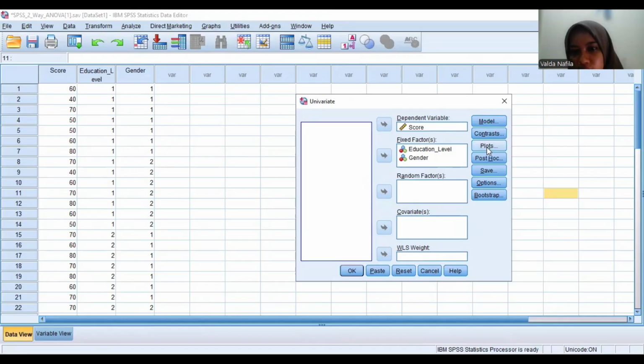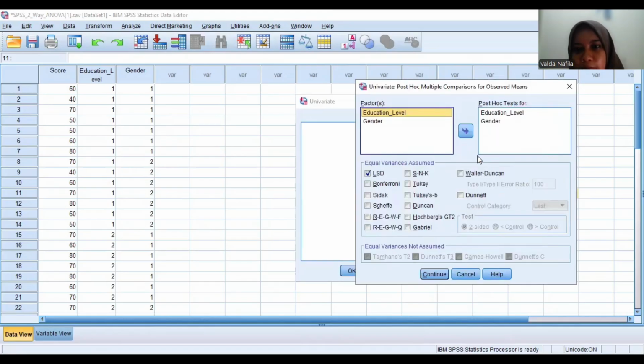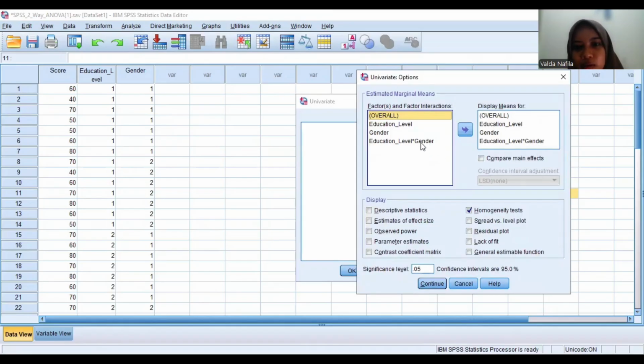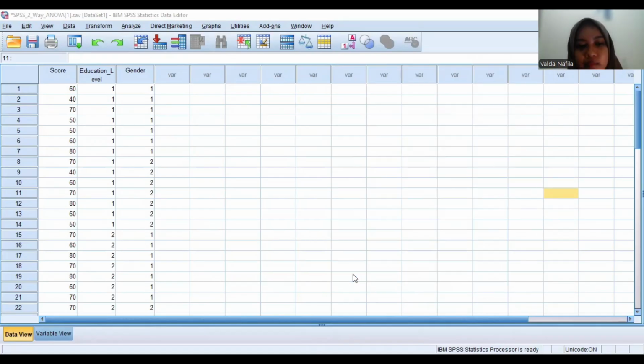We click Post Hoc. We select all factors and input them into the post hoc test. We check LSD and then continue. And then in Options, we select overall, factor, and factor interaction, to display means. We check the homogeneity test with the significance level of 0,05, and then we continue and click OK.